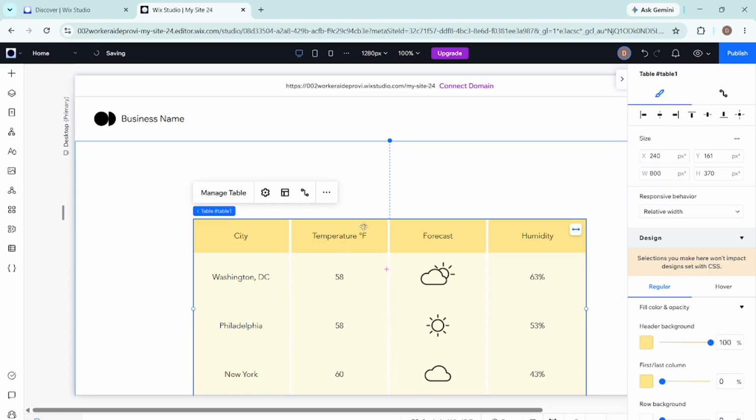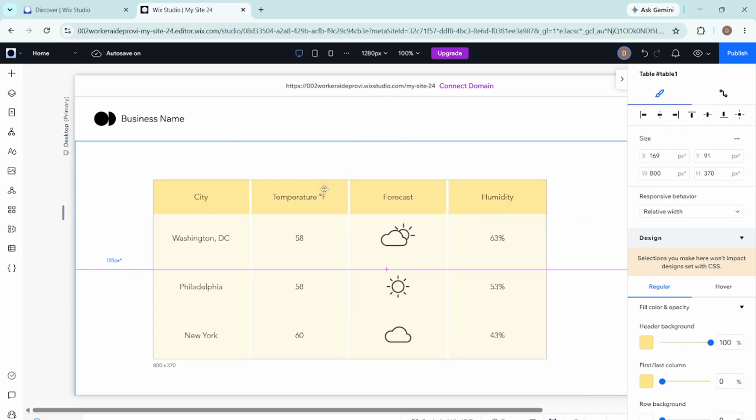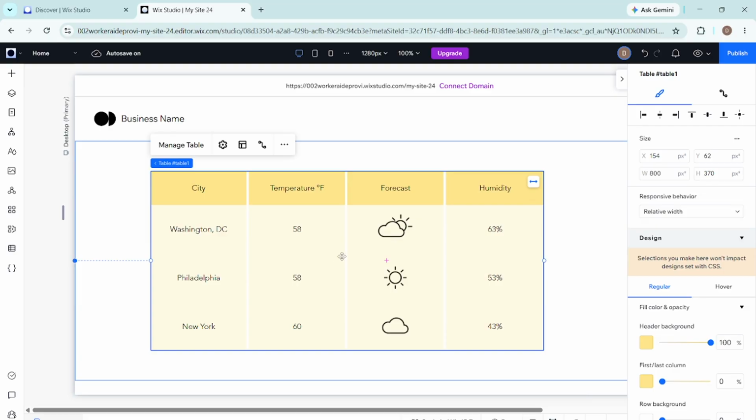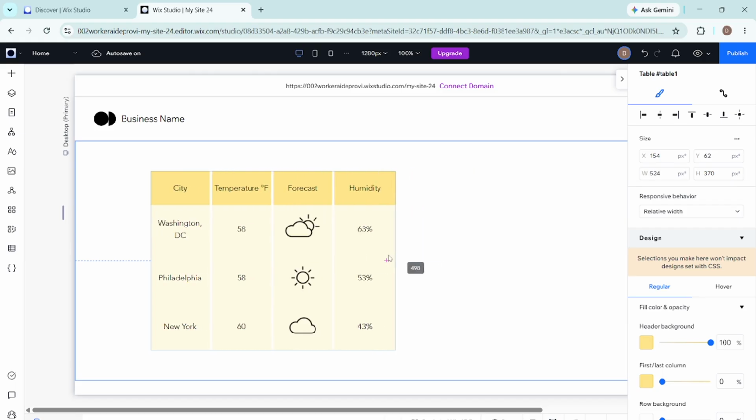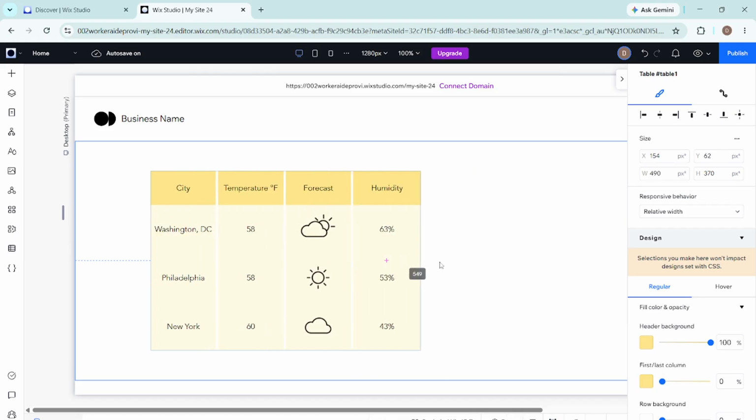Now you can choose a table. Select one of the table options from the list. As soon as you choose it, Wix will place the table element onto your page, typically near where the editor expects new items to be inserted. If the table appears in a particular position, you can usually drag it to adjust where it sits on the page. If you do not see it right away, zoom out slightly or look at the canvas area where new